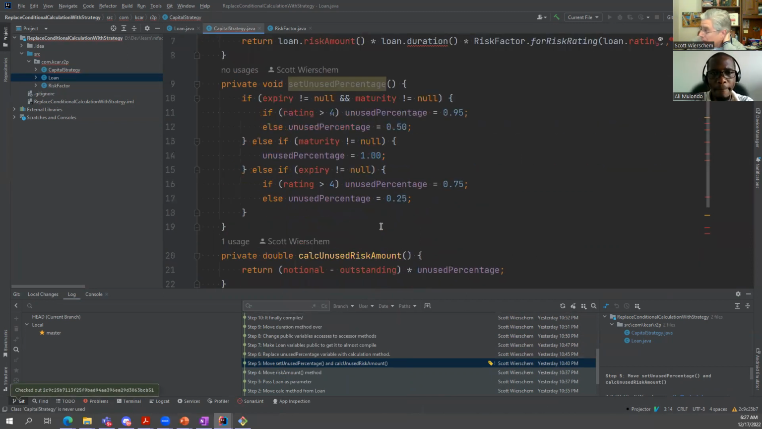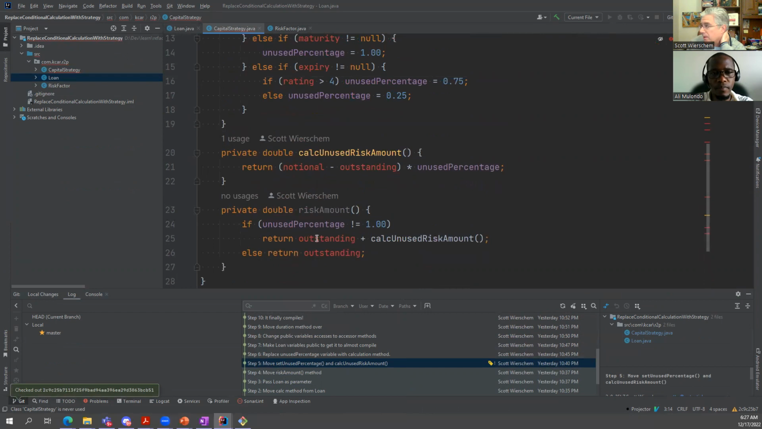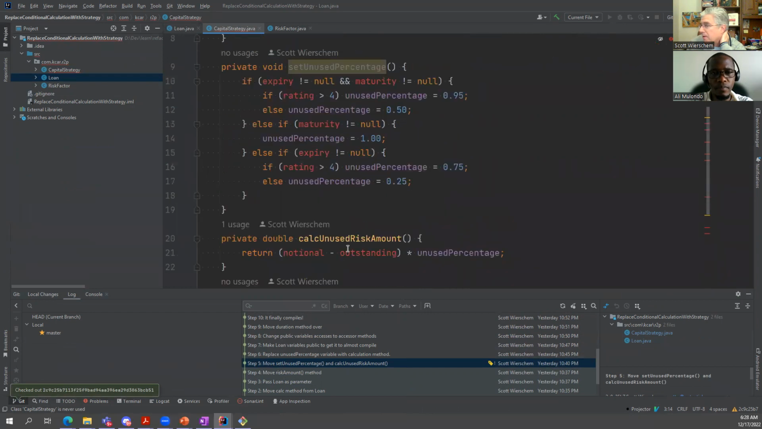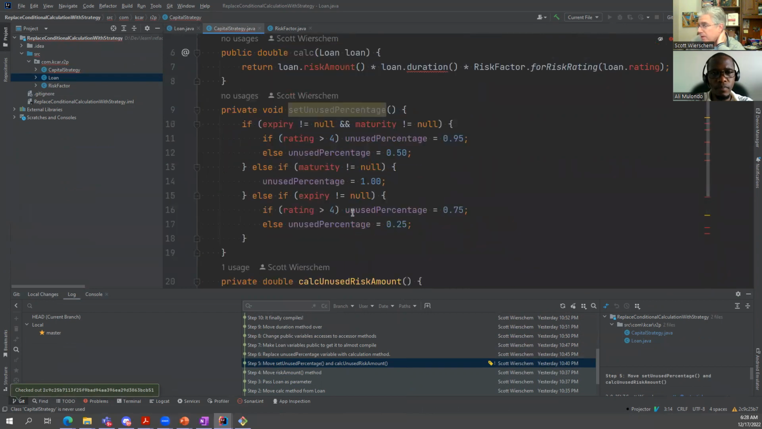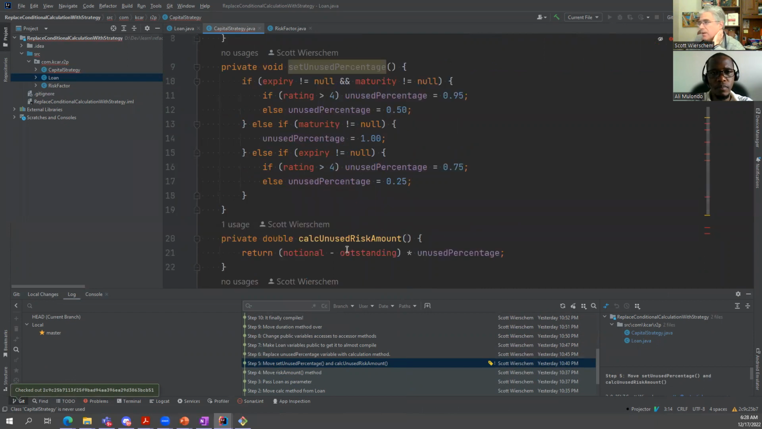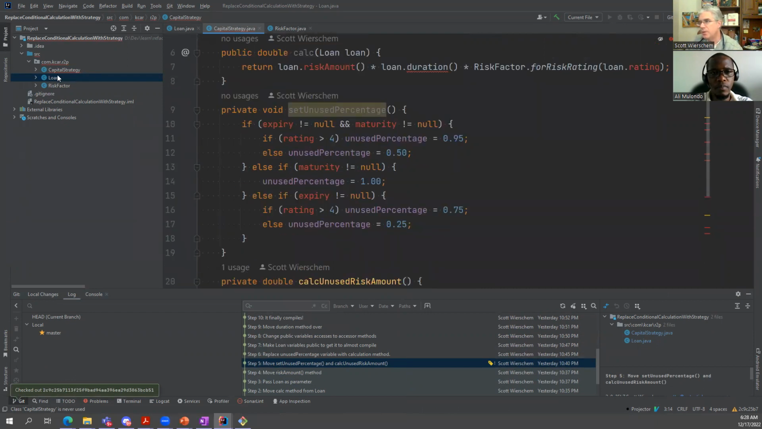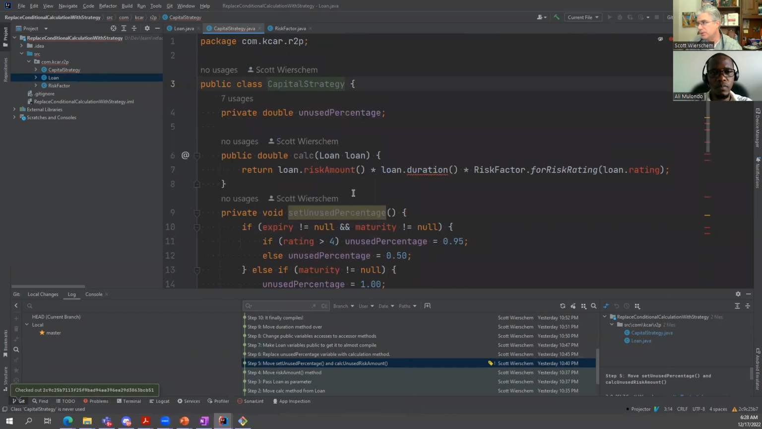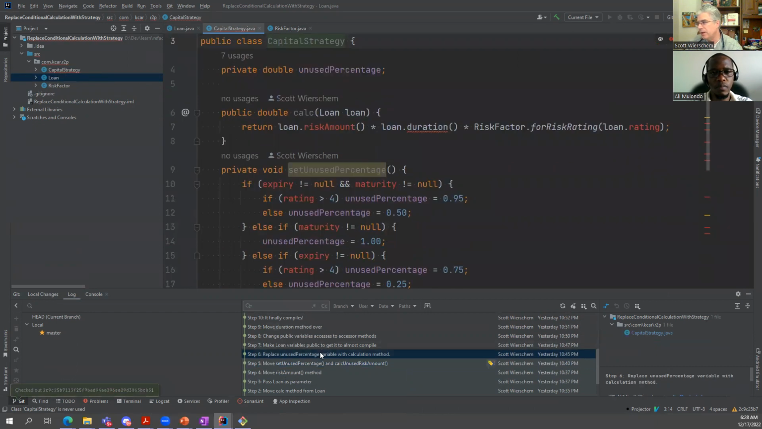Oh, I'm sorry. We also need the set unused, the calc unused risk amount and the set unused percentage. So we went ahead and moved those over from the loan to capital strategy. Okay, and then